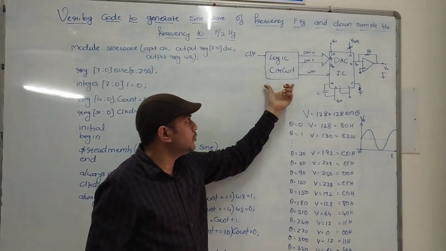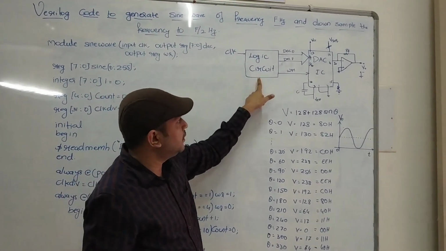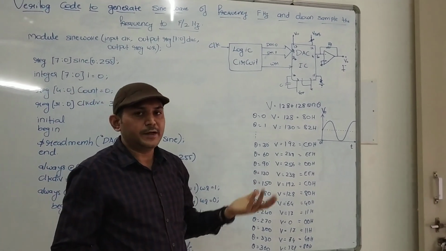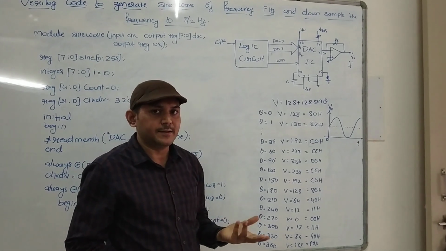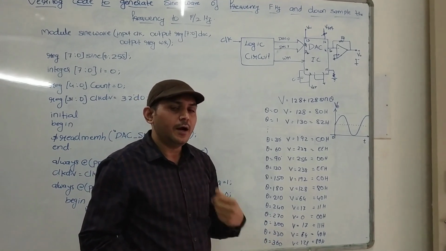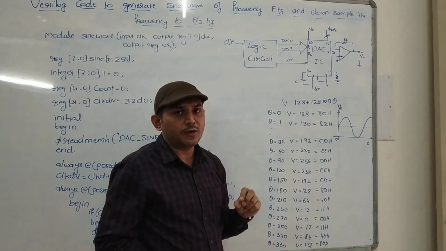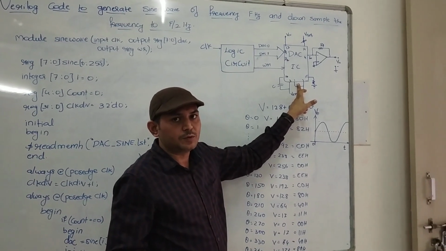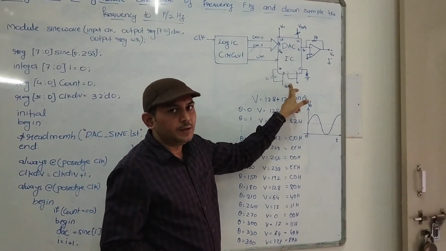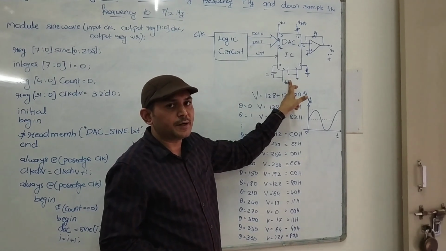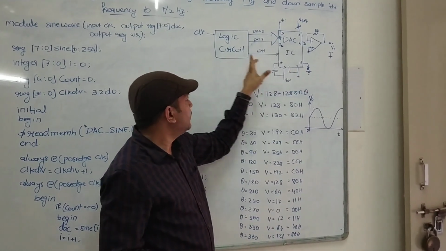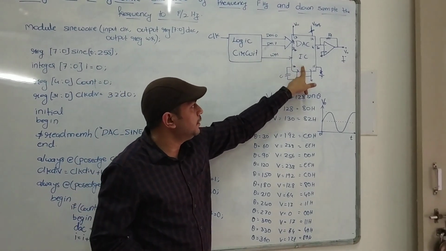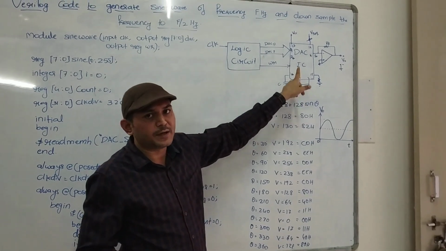So we have to write a program to generate this logic circuit, which in turn controls the DAC. So I told you that we are writing a program to control the DAC IC. In order to generate the sine wave, I take the help of the digital to analog converter. Here the digital to analog converter, as you can see, is an integrated chip. It is a 16-pin IC, which I will use in order to generate the sine wave. And the program we write will generate this logic circuit, which in turn controls this DAC IC in order to generate the sine wave.